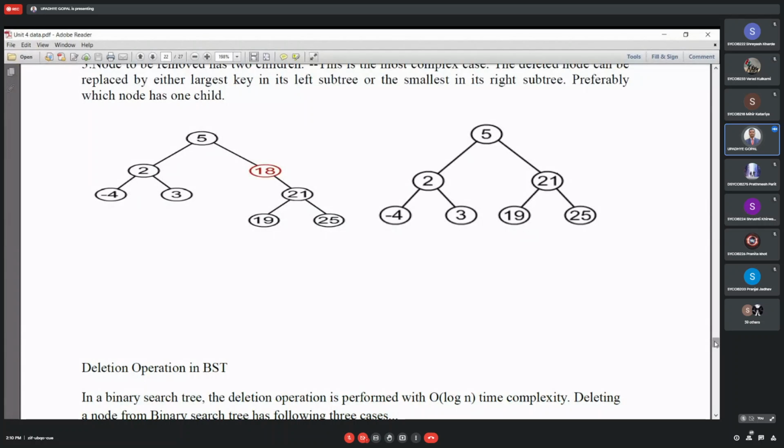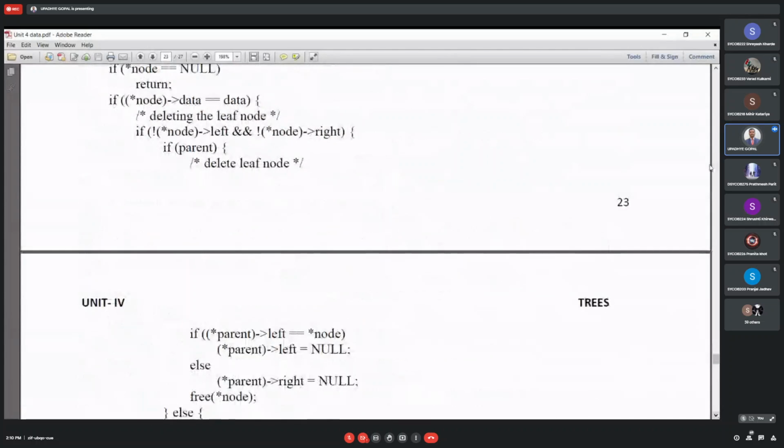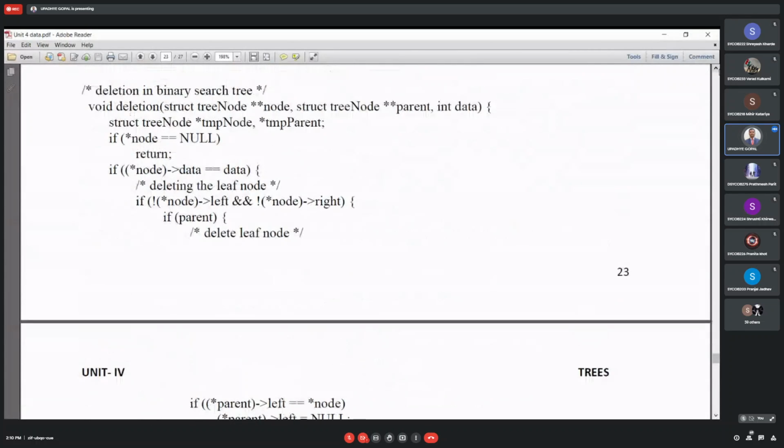Now in this case, 18 we have to delete, so it will be replaced by another node, that is 21. So the link will be discarded and that link will be forwarded to the node numbered 21. This way there are three possibilities.